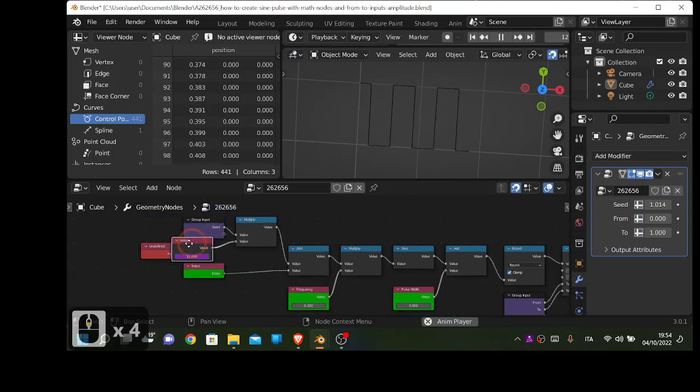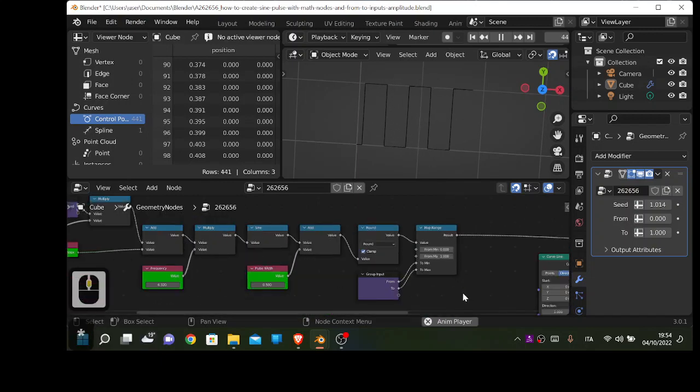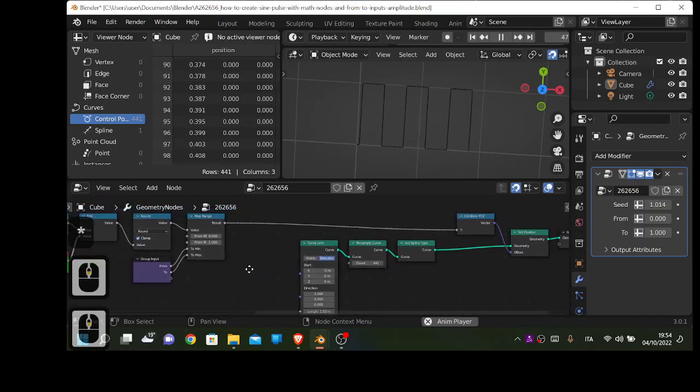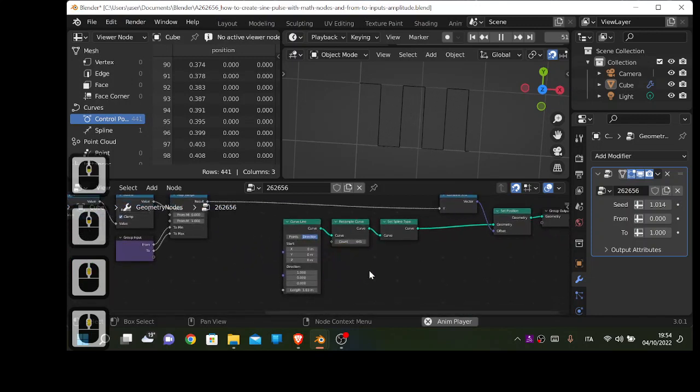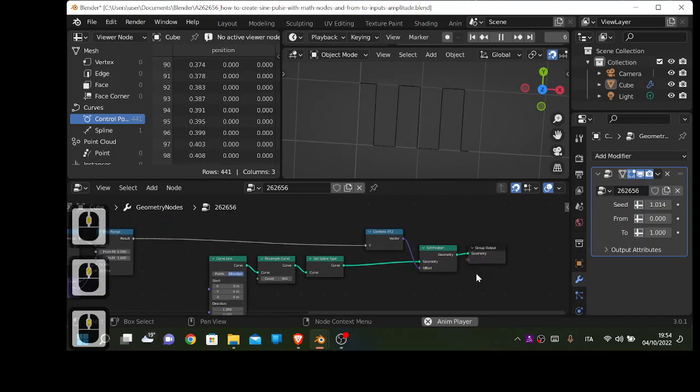So this is group import multiply. So multiply and then use this node. Okay, curve line with this configuration, resample, set a spline type, and this one. I will put